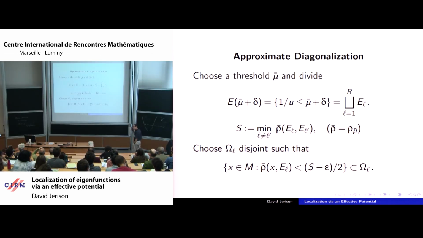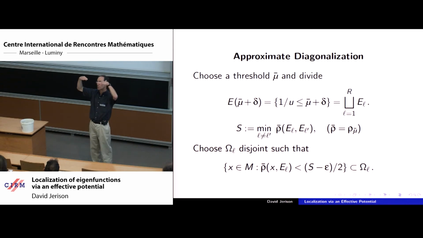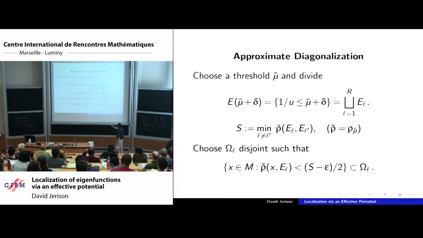Here again, we can actually prove a theorem, and it's going to be some work just to formulate how the theorem is stated. So again, I have my wells, and I'm going to choose a threshold. Now I'm trying to count eigenvalues and understand eigenfunctions up to the level mu bar. And I'm going to do all of the ones below mu bar. So I form that well. There could be a lot of pieces to it, and I'm going to break it up into those pieces.